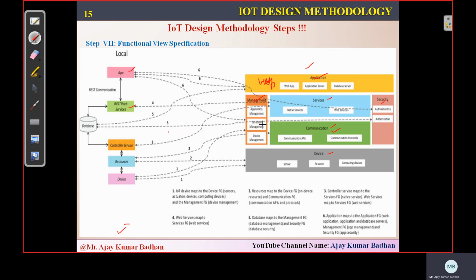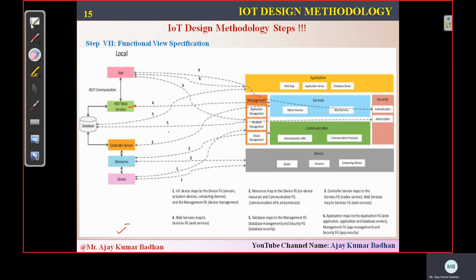Then resources. Resources will be related. So we will be storing the data, whatever is captured by the IoT devices, okay, the sensors, that we need to store in a database. So this is mapped to the management. Apart from that, we are using different devices in order to read it. So sensors, actuators, and computing. So that's why the resources are linked to devices. Finally, the last one is device. Now this device is linked to the management as device, because we have different devices and data coming from here. So that's why it is mapped to this. Same way, these devices are going to read the data and that needs to be stored in our system, I mean database. So that's why it is linked to this particular one. So you can see here, I think it's very clear now. You people might have understood how this is mapped.